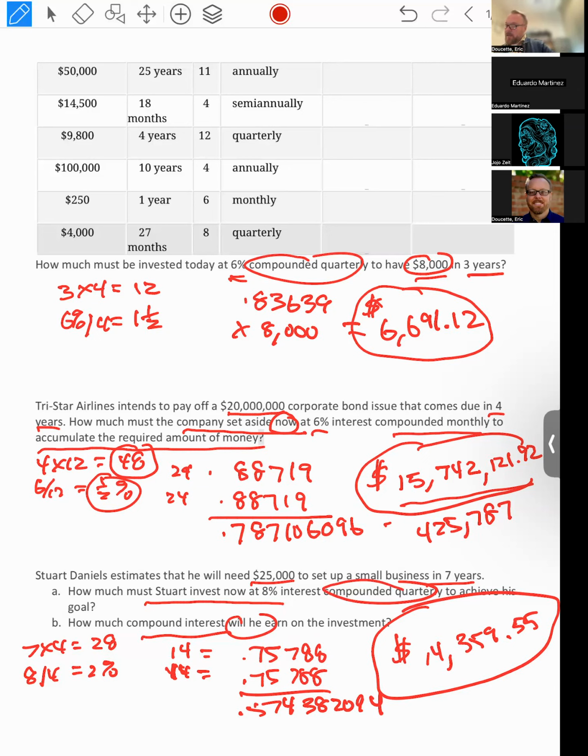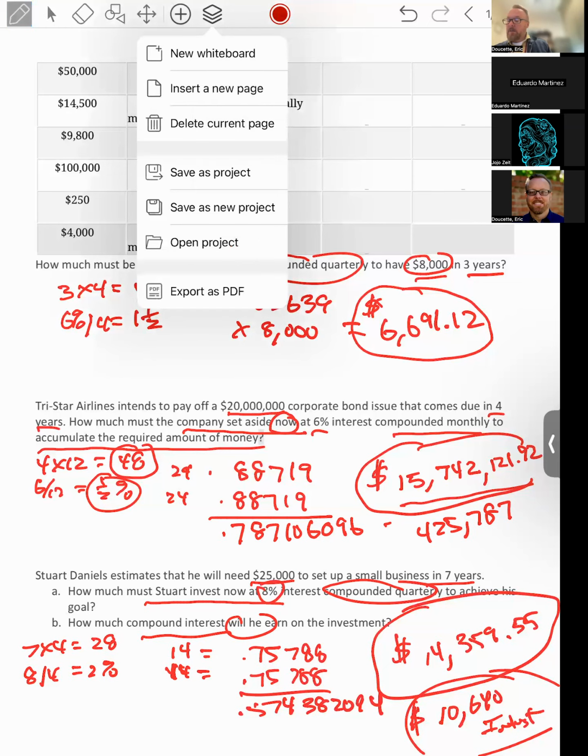So how much then compound interest will I earn? Well, I just need to subtract that from the 25,000. I will have earned $10,640 of interest. Pretty nice, huh? That's because it's 8%. You can't get that anywhere now. You might be able to, I guess. So that's compound interest and present value problems. This is specifically present value. I think the last page I had to look at was simply the